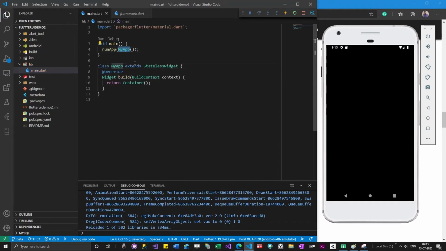Maybe if you're from C++, you will be seeing that MyApp, small myApp, is equal to new MyApp. That's how we initiate the class in C++. Whereas in Flutter, it's like plain English only. We are just calling MyApp from runApp. We are actually initializing this class. This is probably equal to myApp is equal to new MyApp.